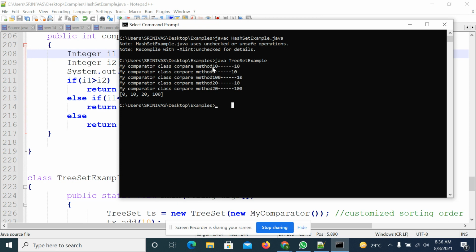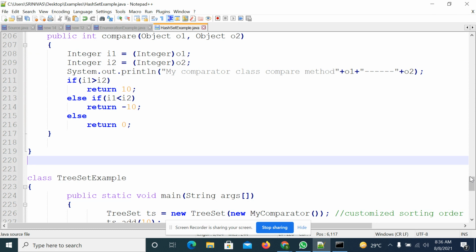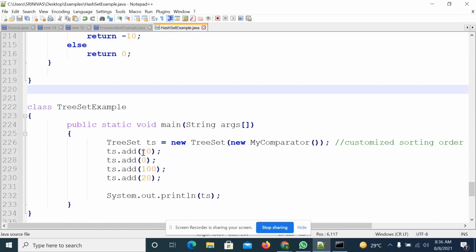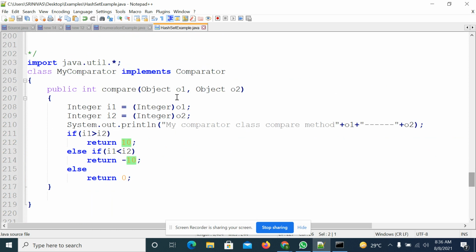So observe here, first time. It is comparing whenever you are trying to insert the first element. Whenever you insert the first element, you don't have a zeroth element, that means this is the first element. You don't have two elements here. So it considers the first and second element both as the first element only.